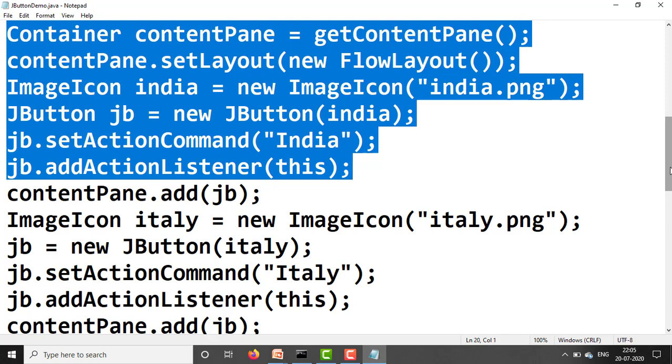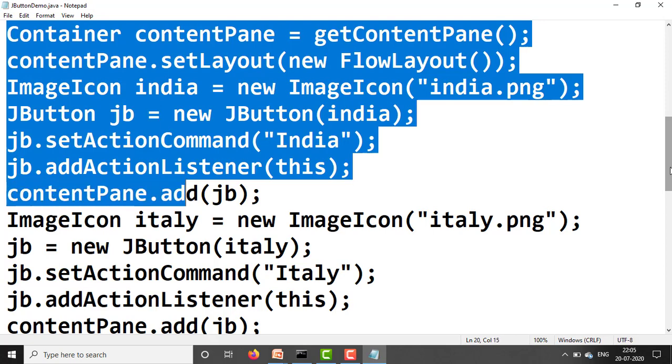Next, after creating this control, we need to add this control to the content pane. So contentPane.add(JB), the button object. In the same way, for another three controls, three buttons, we write the code here.